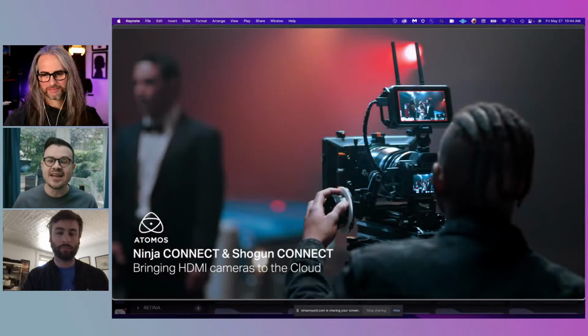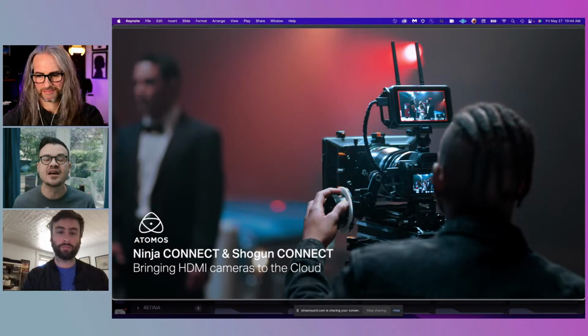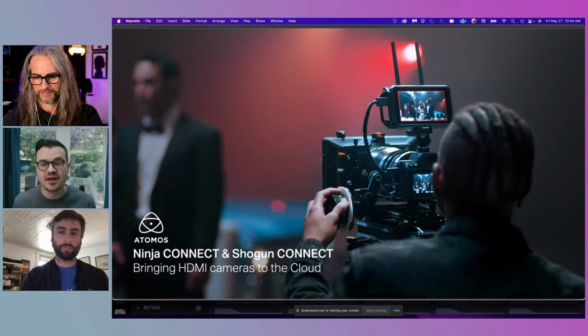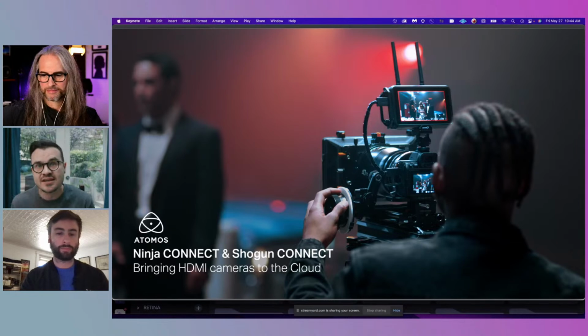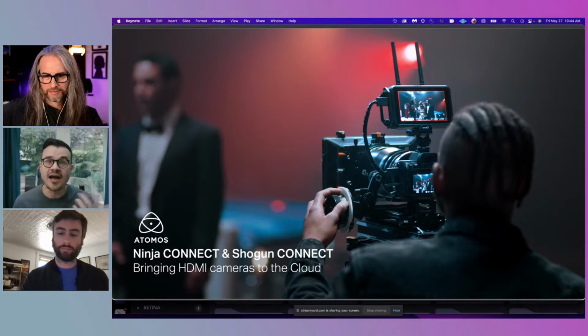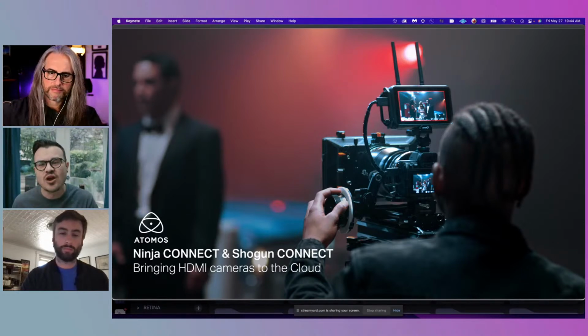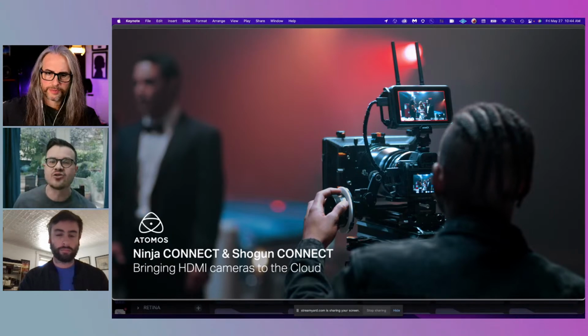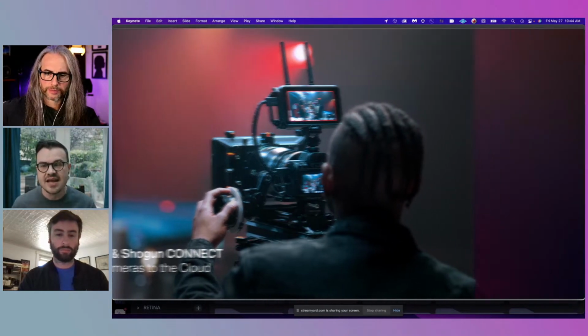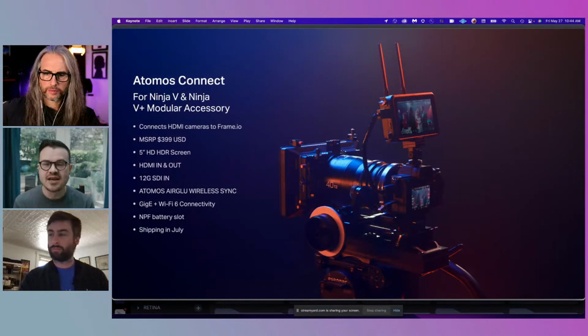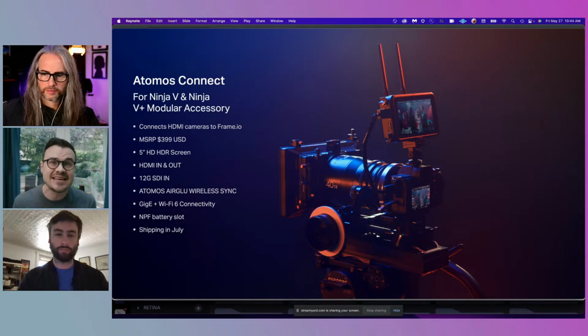The next one is that Ninja Connect. This is one of my favorites because it unlocks the most amount of cameras. The widest amount of camera usage in professional media is mirrorless cameras or DSLRs or SLR cameras. And these are cameras that traditionally use HDMI outputs, and they can capture high quality. They have great sensors, but they might not have great recording solutions, and it's kind of hard to see the monitor in the back of the camera. That's what Atomos does. Atomos builds these onboard monitors that take an HDMI signal, but now they are releasing in July a Connect module. The Connect module accessorizes an existing Ninja or Ninja monitor,